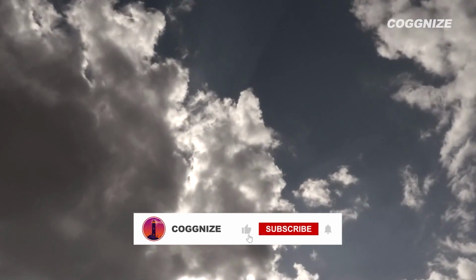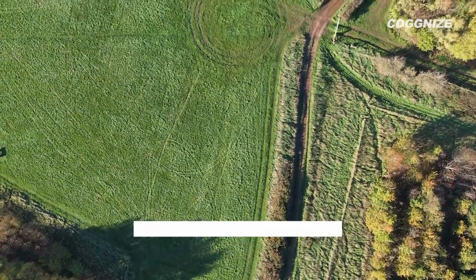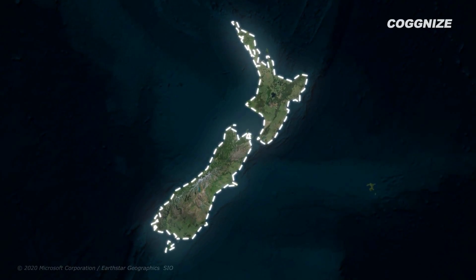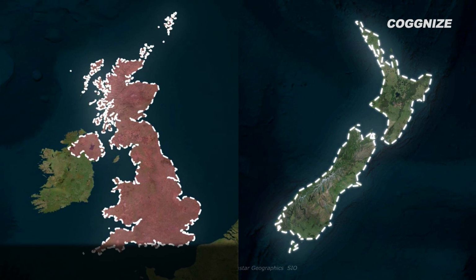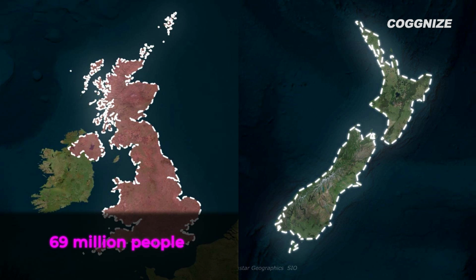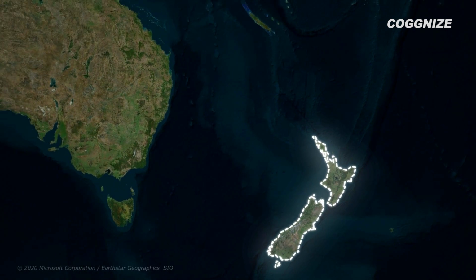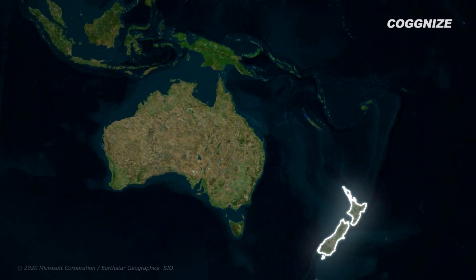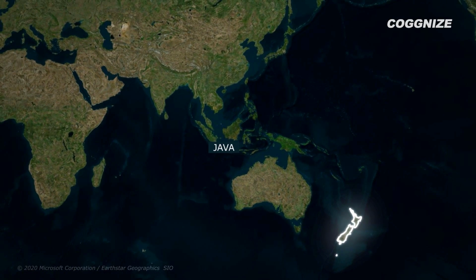Despite having a climate almost identical to the UK and the larger landmass, New Zealand's population is significantly smaller. While the UK boasts a population of nearly 69 million people, New Zealand is home to just over 5 million, almost 14 times fewer. Surprisingly, New Zealand has a lower population density than many smaller islands worldwide, such as Java,